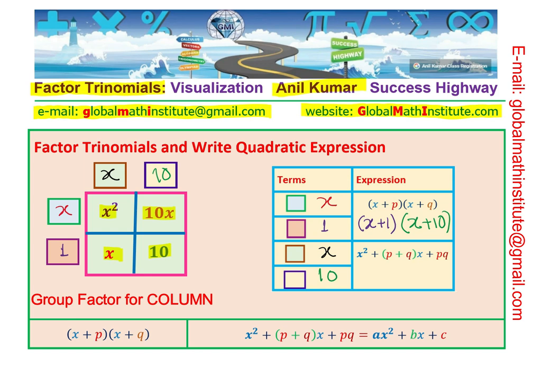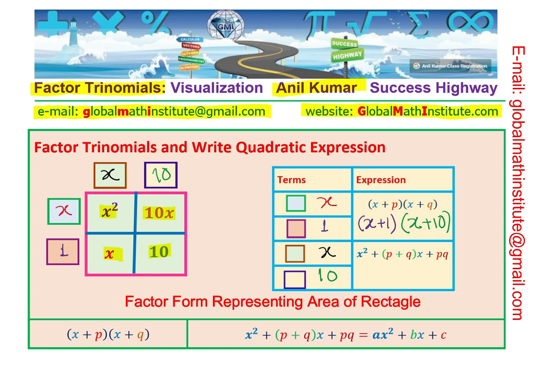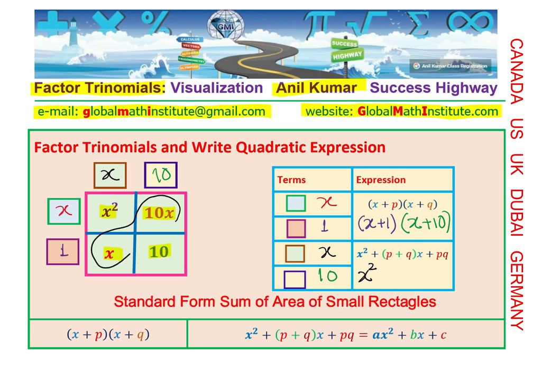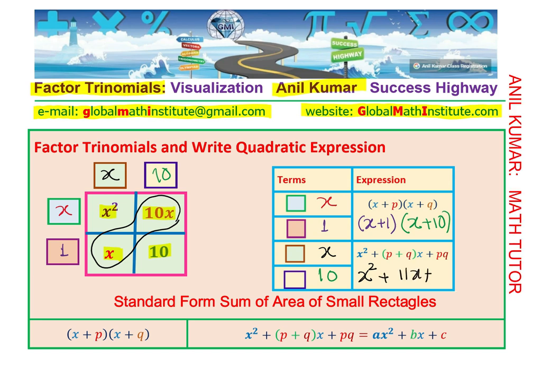So see, we have written an expression which is actually x plus 1 times x plus 10. And when you expand this, what you get is the area inside this rectangle. So let's combine all the terms. We have x squared, right? So let me rewrite all the terms in this particular area, which is x squared. And you see, you can combine 10x and x, which are like terms, which is 11x, plus the last term, which is 10. So when you expand x plus 1 times x plus 10, what you really get is x squared plus